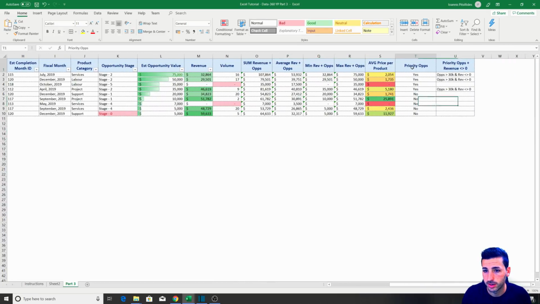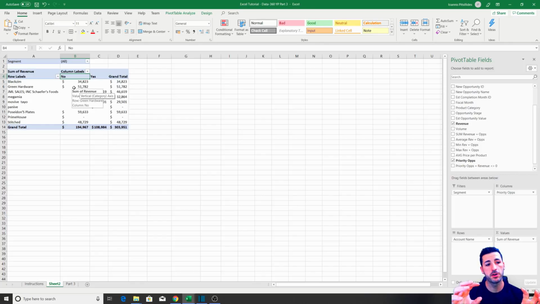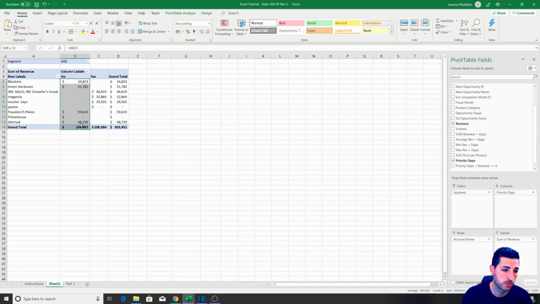Now we can put that priority opportunity into the columns and create a pivot table that has the amount of revenue we have in priority opportunities here, and the amount of revenue by non-priority opportunities here, by account. Additionally, I can also add the month next to the account here.